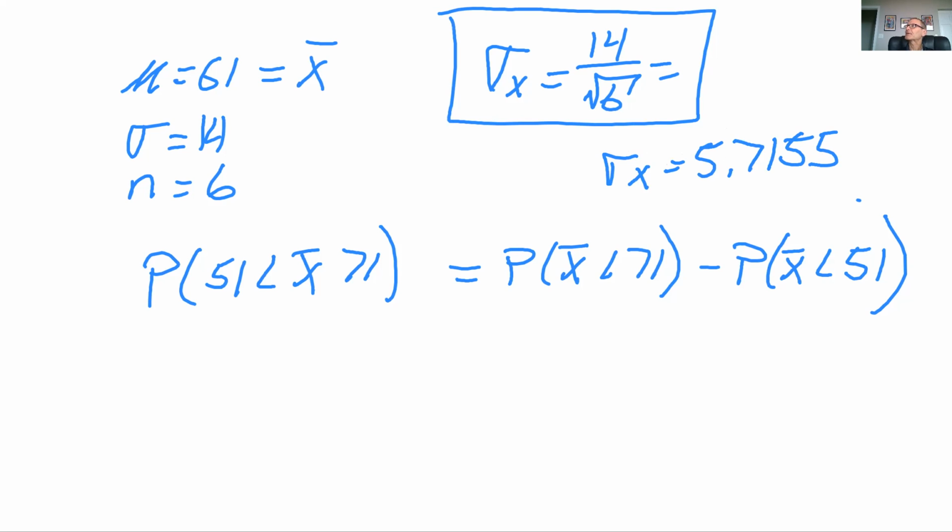So let's do that calculation. If we go back to the spreadsheet. Okay, I have to write one more number down because when I leave it here, I lose all these numbers on my whiteboard. 5.7155. Okay. So going back to the spreadsheet,